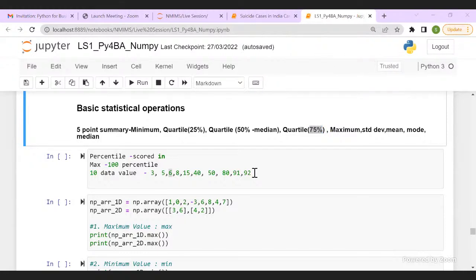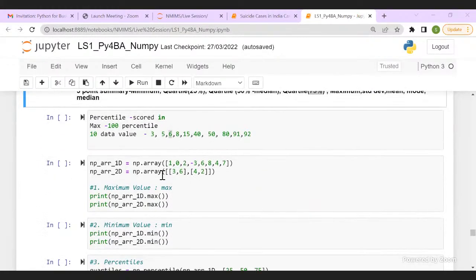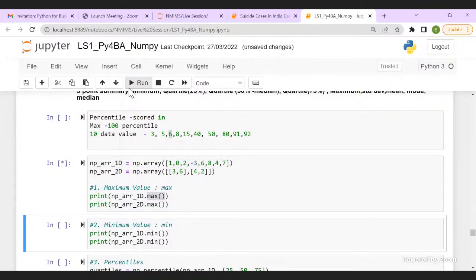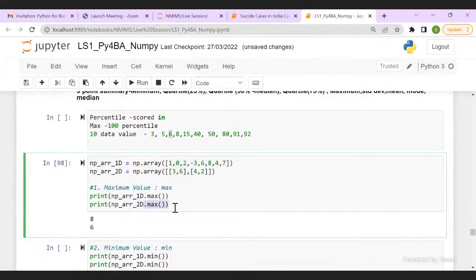Okay, now let's perform certain basic statistical operations. If I have a 1D array and a 2D array, and I want the maximum value out of it, it will be max. I'll call my max function and get the values.